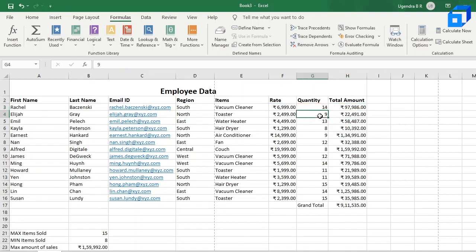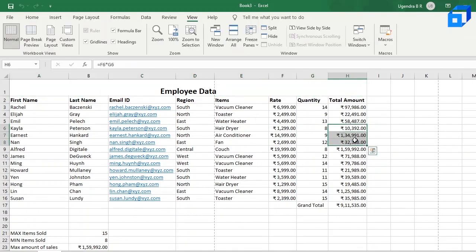Now if you change this value to, say, 10 or something, this value also changes and the total also changes, since the formula is already applied to the whole range, H3 to H16. Now let us revert it back to 9 itself. As you can see, the value for 10 is around 24,990. Now if you change it to 9, the value will change to 22,491, and the grand total will also change. So you don't have to update it each and every time. The formula changes the value automatically.